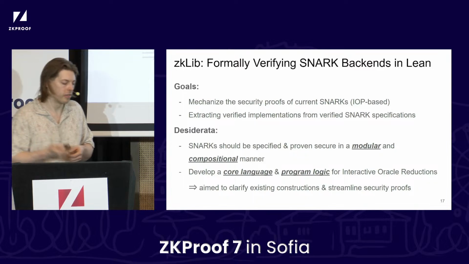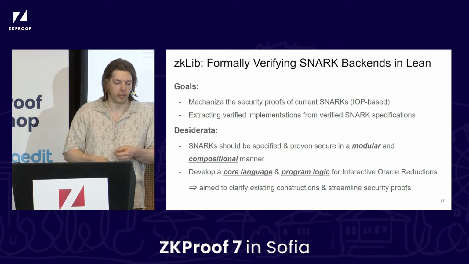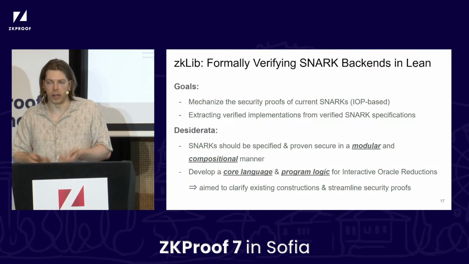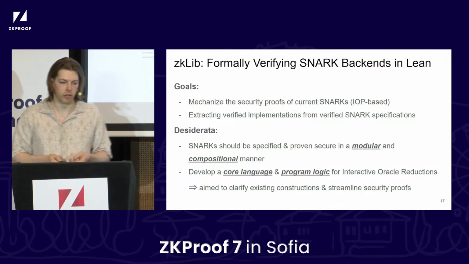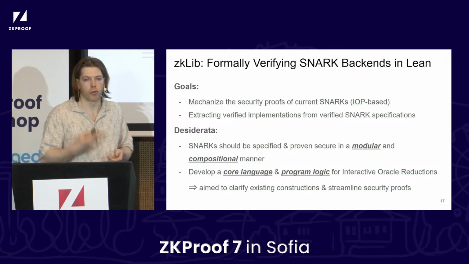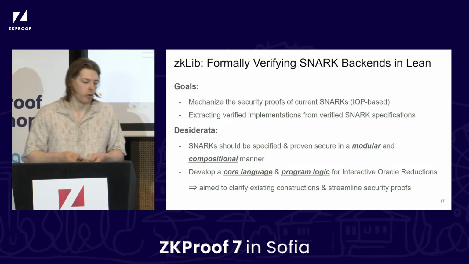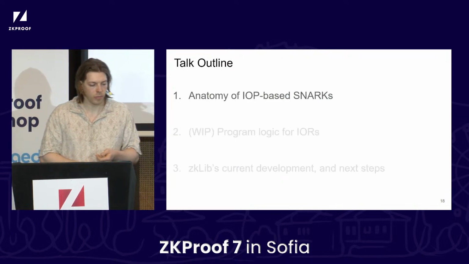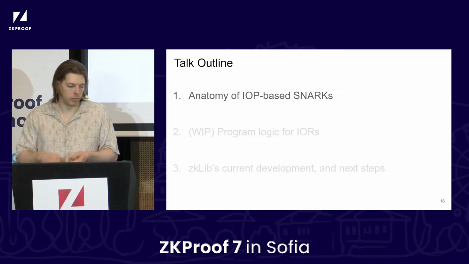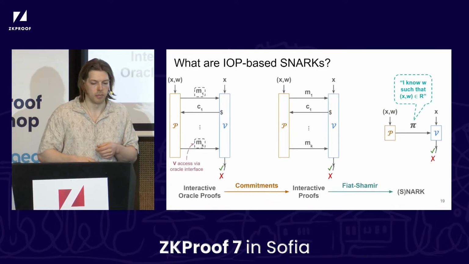what is maybe a smart way to formalize these in a way that is easier to reuse and to apply to different proof systems, and also to make our lives easier, because if we want to cover a lot of proof systems, that means being able to scale up our verification effort and not just grinding out hard proofs all the time, when we could be a bit smarter and save ourselves some trouble. So I'll quickly talk a bit about what an IOP-based SNARK looks like in that context.